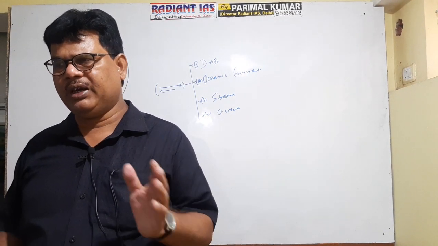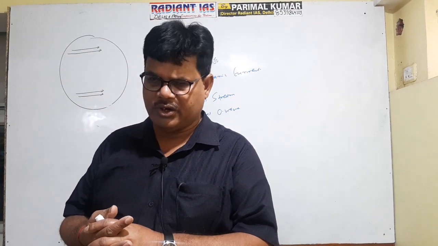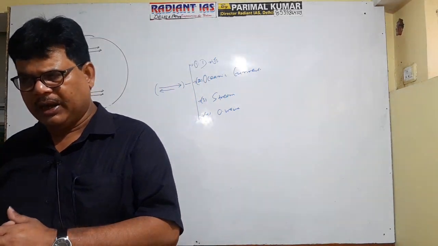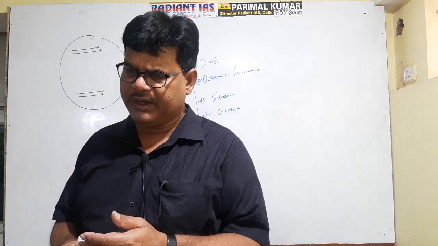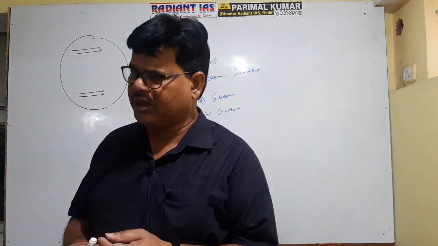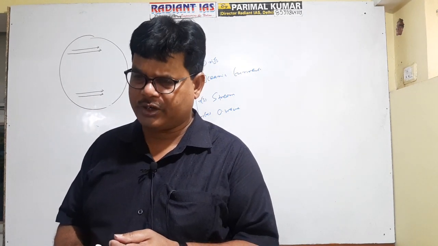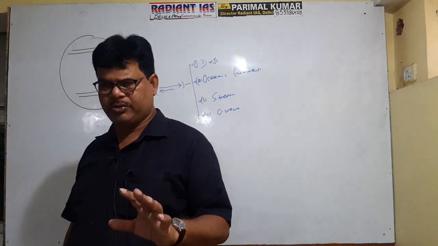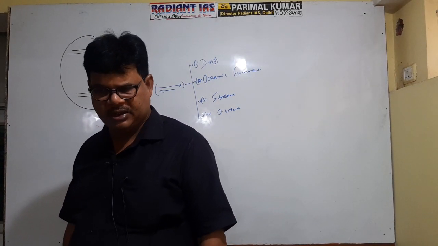So the wind will exert friction on the water, and hence the water will start moving in the same direction as the westerly wind in this zone. Since this movement is due to the friction of the wind, it is referred to as drift. And since it is due to the friction exerted by the westerly wind, it is referred to as west wind drift. West wind drift is located in the northern hemisphere as well as the southern hemisphere, but in the southern hemisphere they are much more effective.